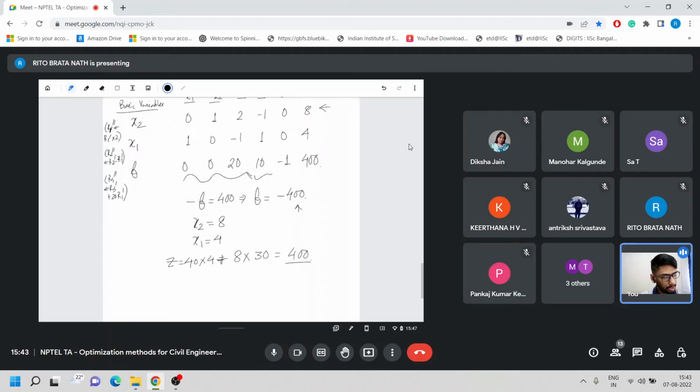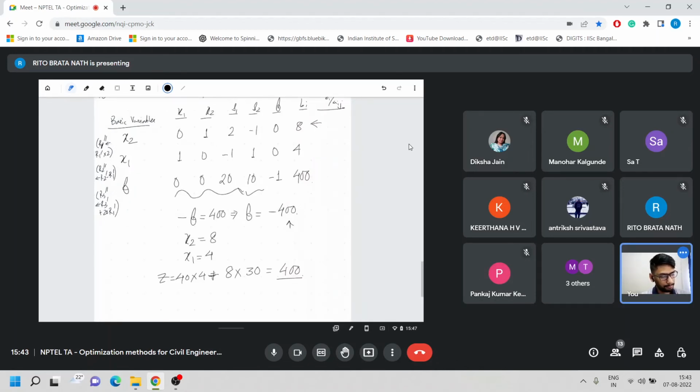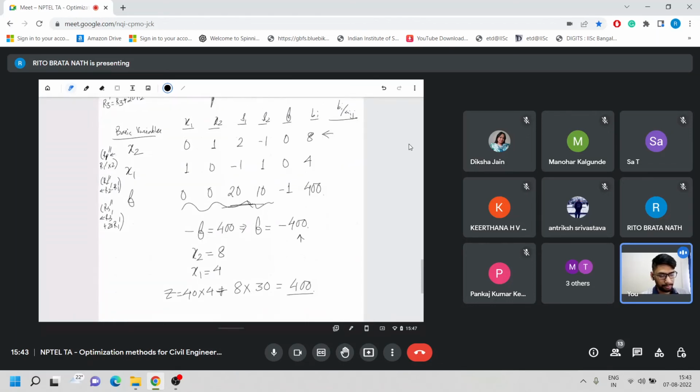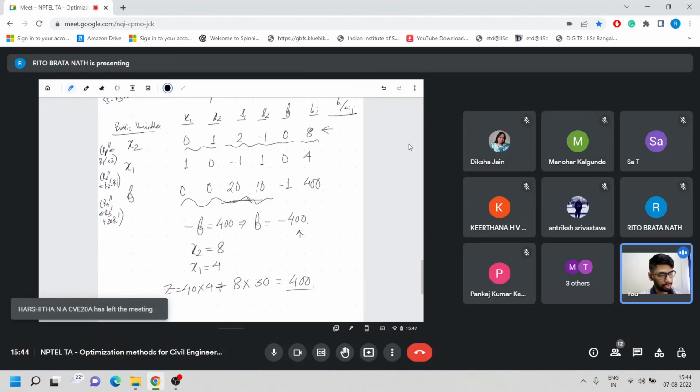So once you get this final tableau, from that you can notice that these coefficients are not negative, so these are positive, so you cannot do anything better than this. So try to see this first equation, like this first row, you can think of it as an equation like